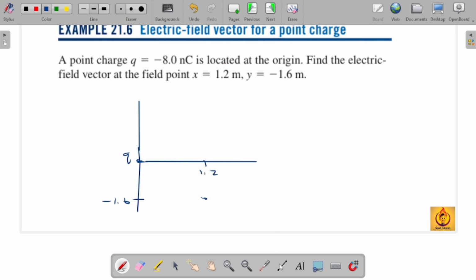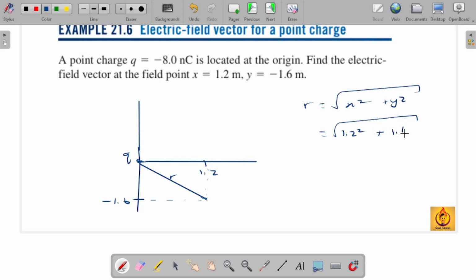So that's somewhere here. And then we need to find this R, so we're going to use Pythagoras. That's going to be x squared plus y squared, which is 1.2 squared plus negative 1.6 squared, which is 2 meters. Yes, and then we must find